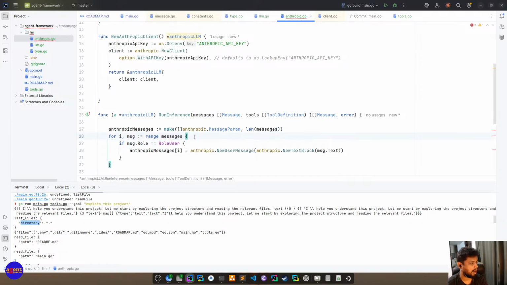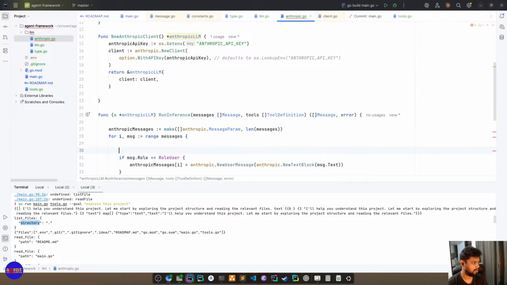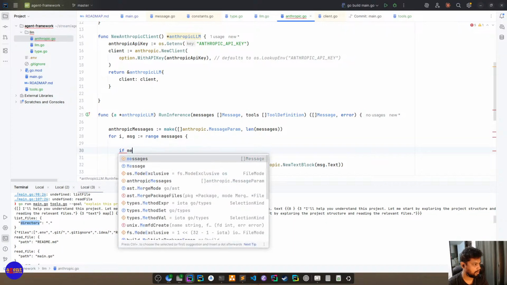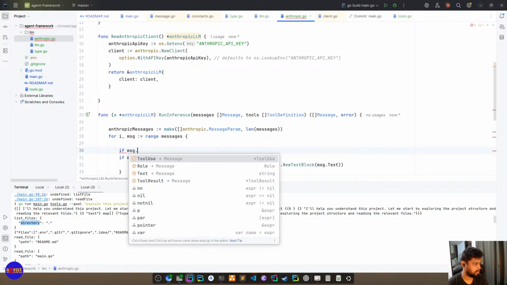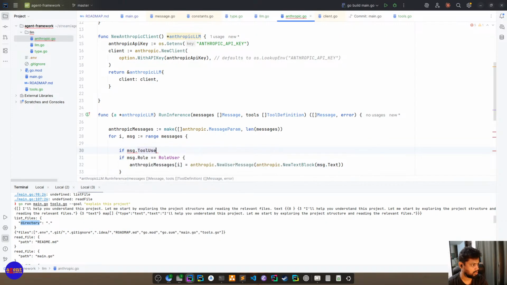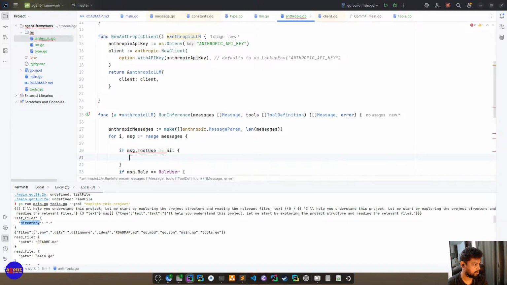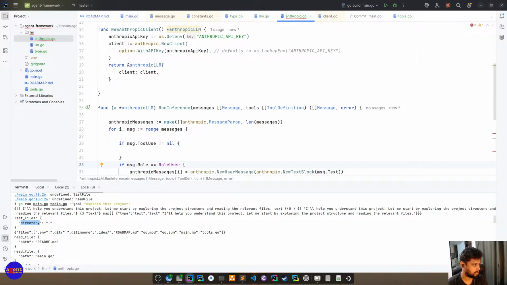So if message dot tool use is not equal to nil, we process here.